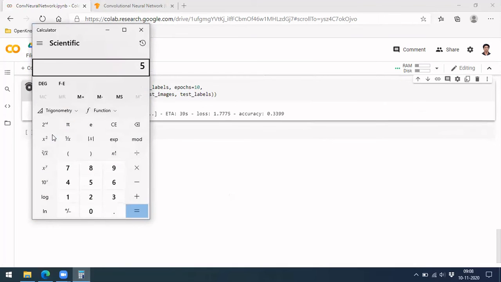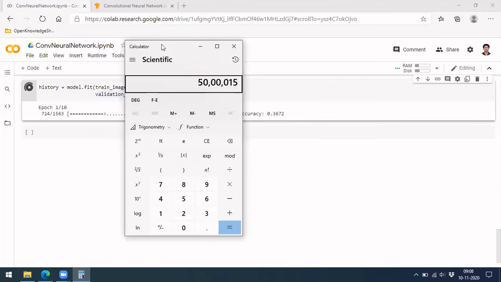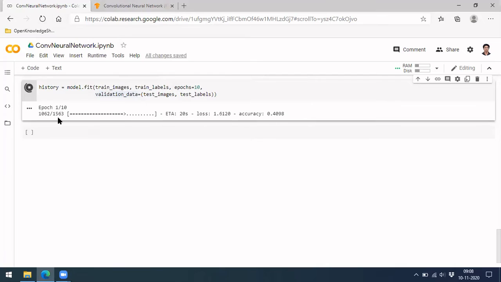So we have 50,000 samples each. How many iterations do we have here? 1563. Oh, sorry, 50,000 divided by 1563, so it is 31.9. Okay, it's actually 32, the batch size again. So at a time there will be 32 images which they'll pass, and finally it will calculate. Okay, you see here the first epoch is taking quite a long time, right?